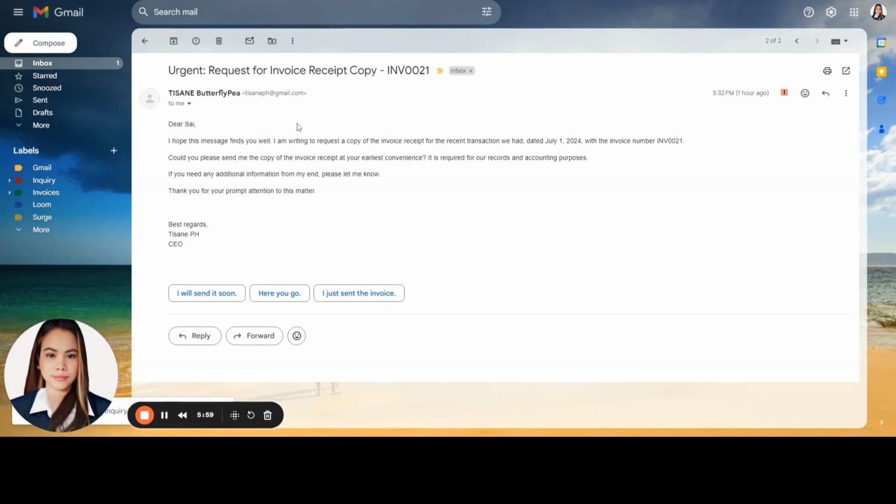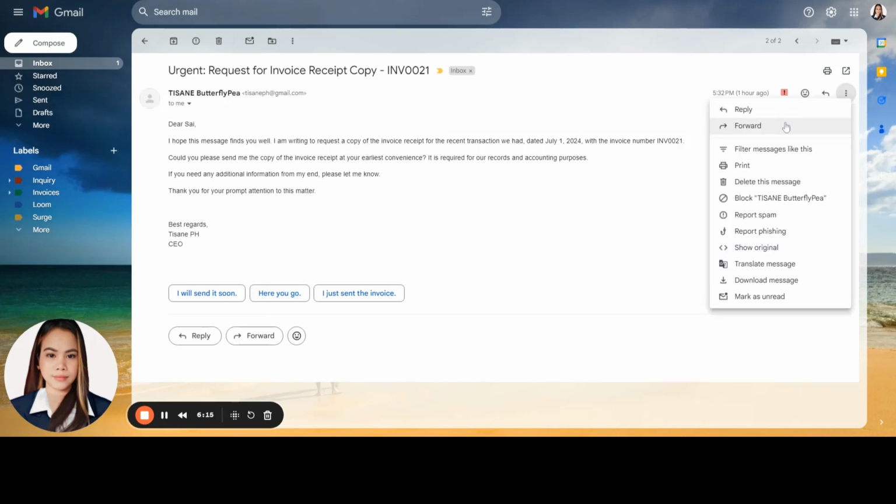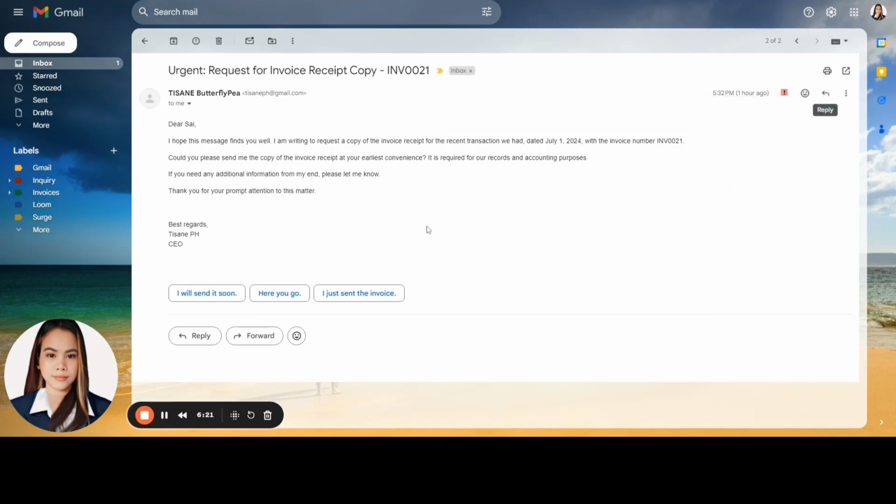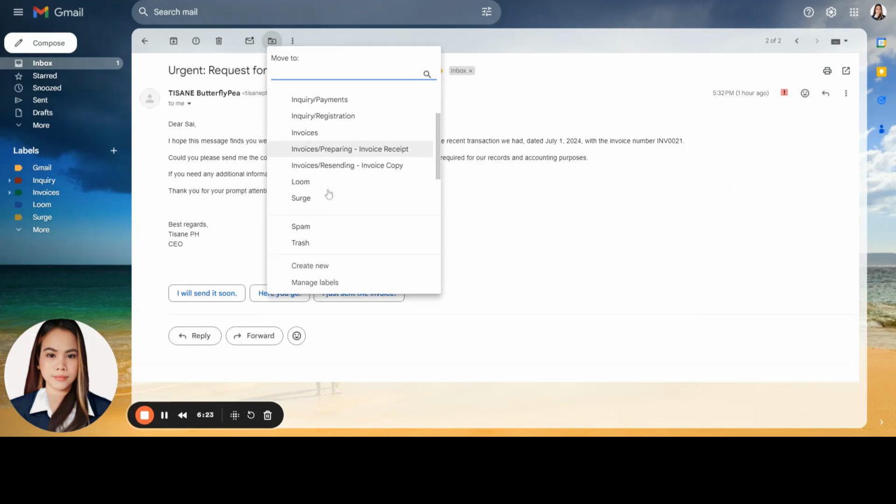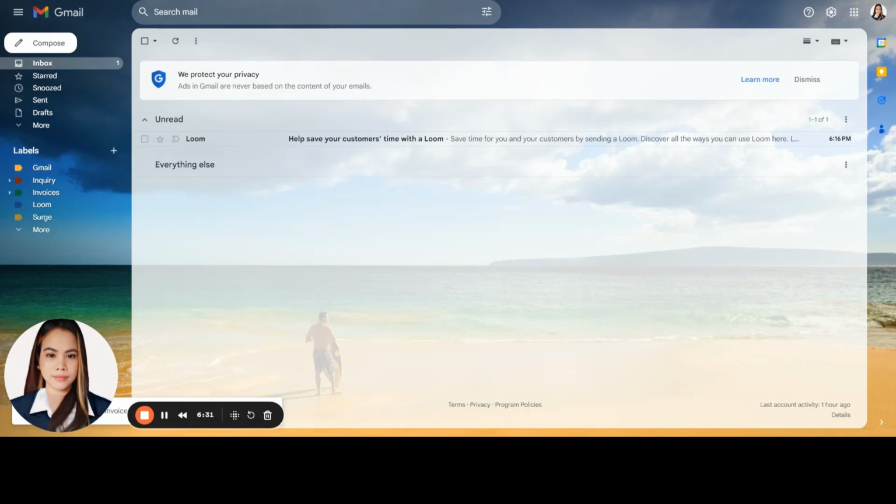Next, for the urgent email about an invoice copy, after I reply to this email, since it is an urgent concern, I can move it to my invoices folder once I'm done replying. So for example, I already replied and need to move it now to the invoice resending copy there.